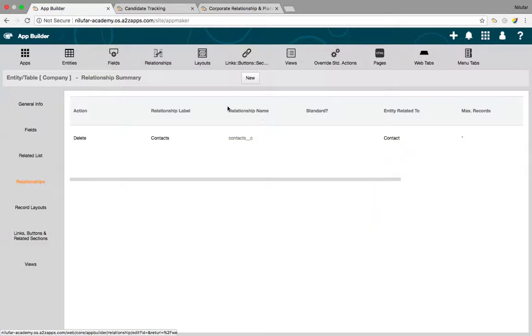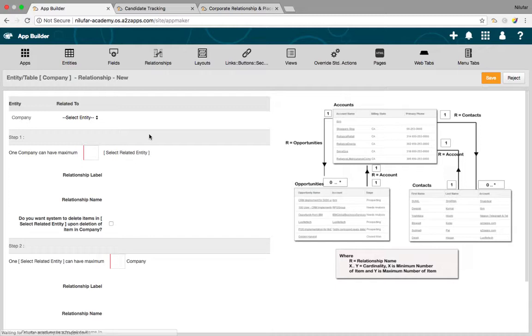Now the second relationship that I need to establish is with the job opening entity. So I'm going to click on new. Here, company, I want to relate it to job opening. One company can have many job openings. Again, I'm going to select many, and I'm going to name it job openings.